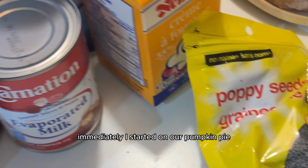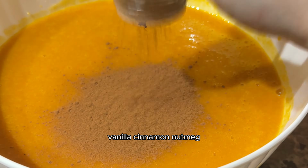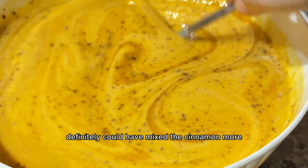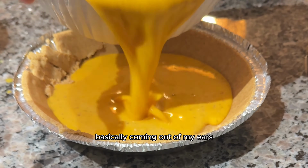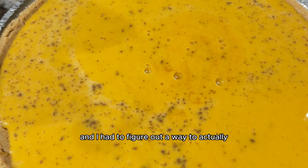Immediately, I started on our pumpkin pie. I added pumpkin, eggs, sugar, vanilla, cinnamon, nutmeg, grated ginger, and evaporated milk. Poured that all into some graham cracker crust. Definitely could have mixed the cinnamon more and probably used my food processor here too, but there was a lot going on and there was just so much pumpkin basically coming out of my ears that I just decided to do it this way. Poured it in my graham cracker crust,